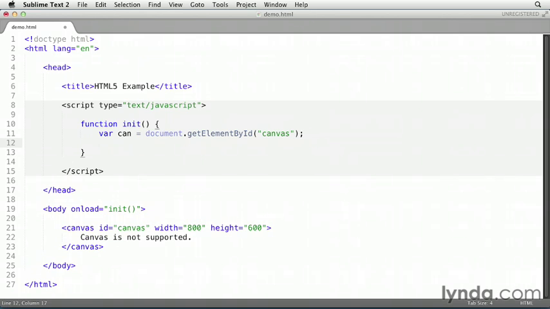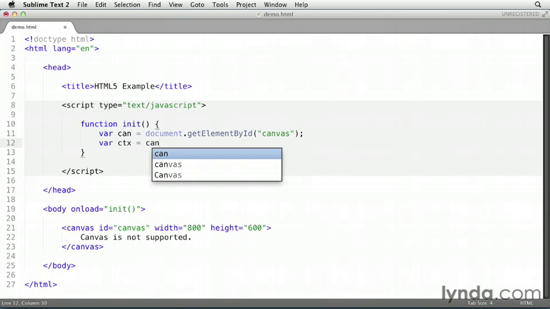But like I mentioned in the last movie, we don't actually draw anything to the canvas using this canvas element reference. What we need to do is get the drawing context. So I'm going to create another variable here. I'm going to call it ctx for context. And I'm going to say